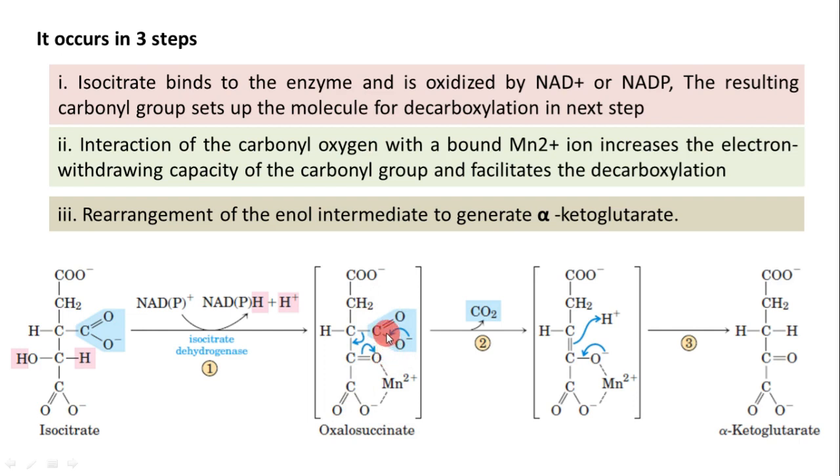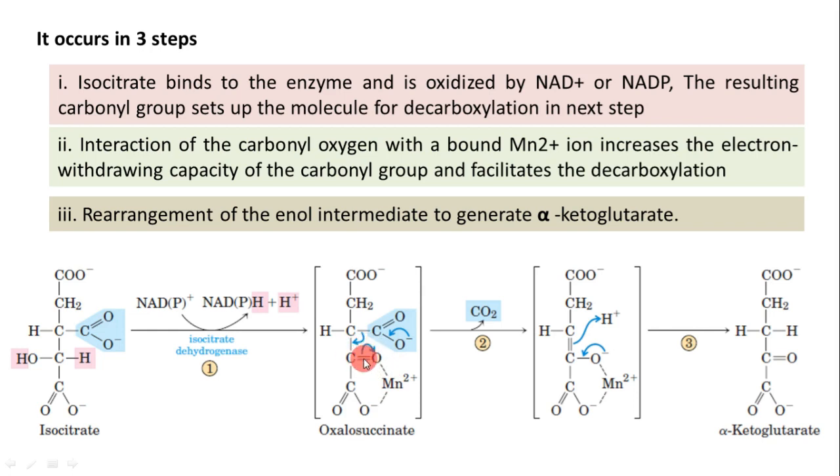In the second step, the interaction of the carbonyl oxygen with the bound Mn2 plus ion increases the electron withdrawing capacity of the carbonyl group and facilitates the decarboxylation. Here you can see an Mn2 plus ion. This is a part of the enzyme isocitrate dehydrogenase. Due to the presence of this Mn2 plus at this position, it will drag the electron. It has a tendency to attract the electron from the CO group. This CO group is formed by the dehydrogenation of this carbon atom. And as the Mn2 plus pulls the electrons from the CO group, the double bond is shifted,